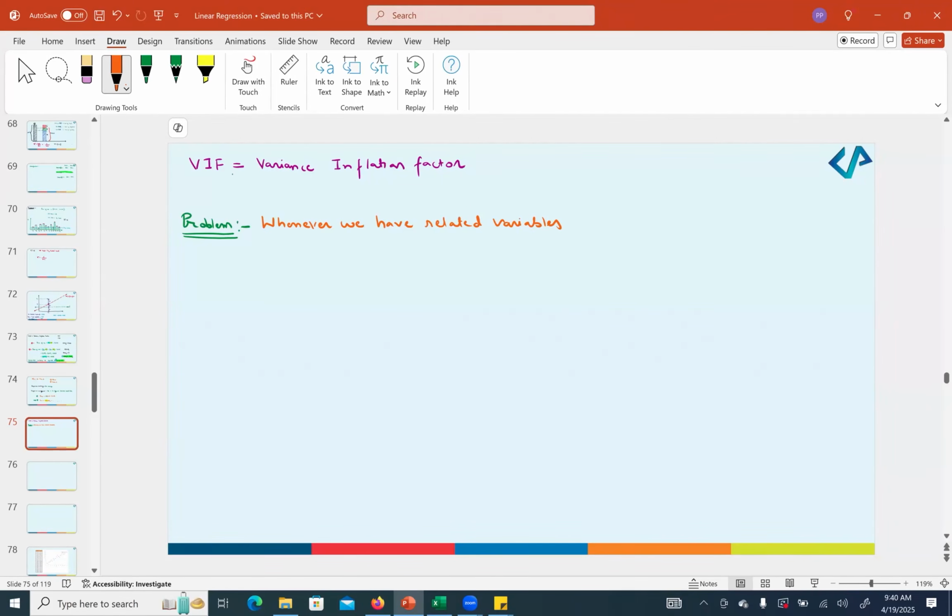In general that happens very rarely, but many times there are variables which are related to each other. Weight of the car and length of the car can be related. The lengthier the car is, the more will be the weight of the car. So whenever the variables are related to each other,